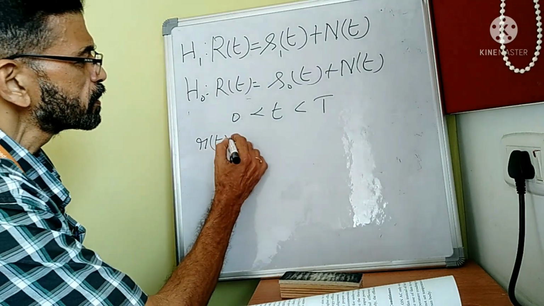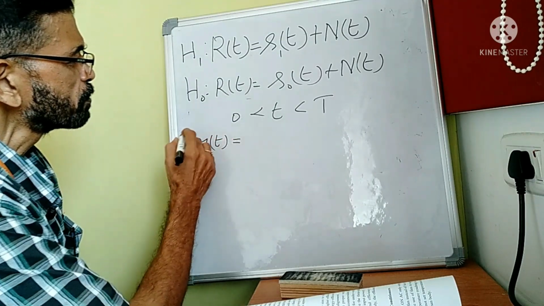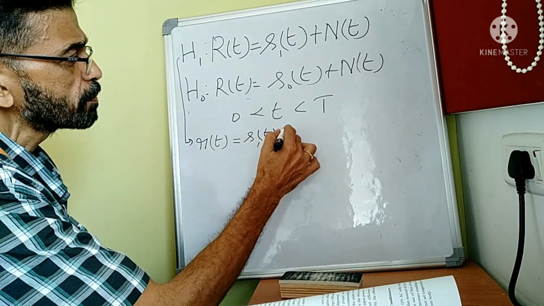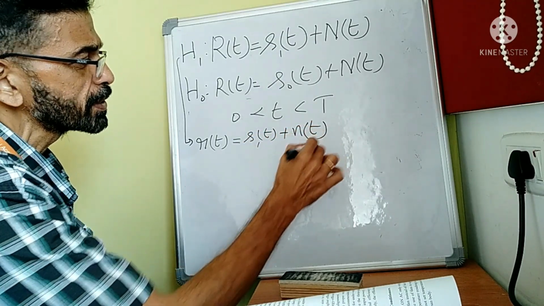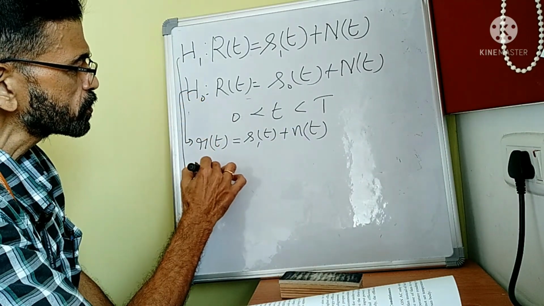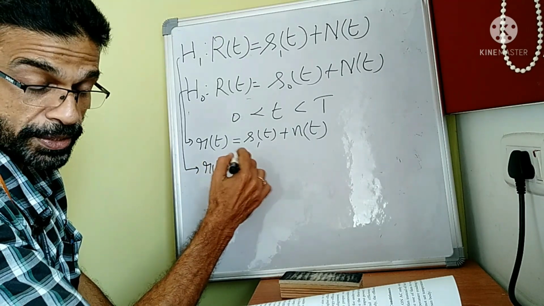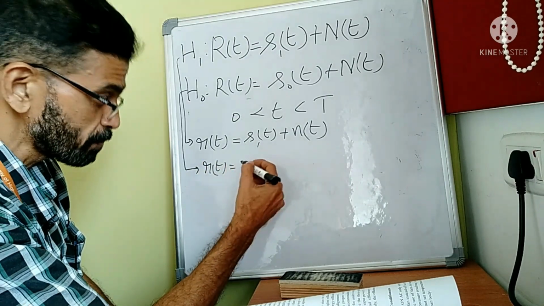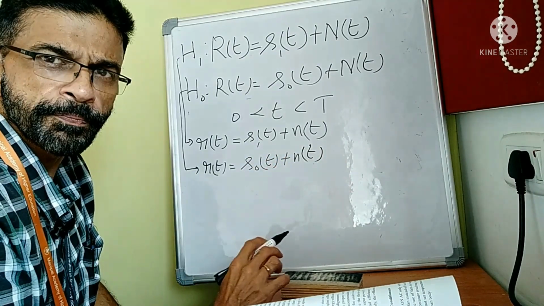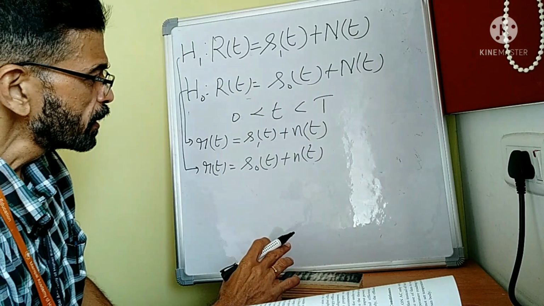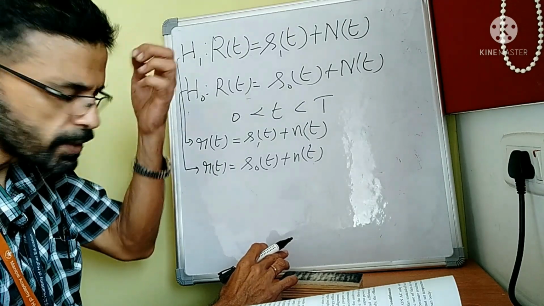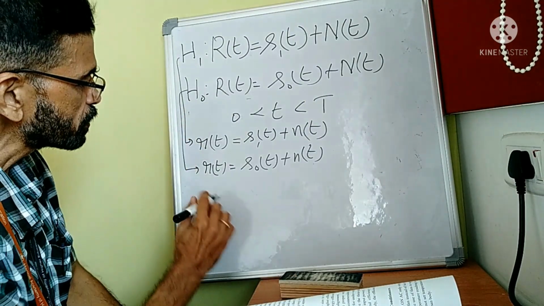And the sample function, a particular realization, will be, of course, when H1 is the hypothesis, S1(t) plus a particular realization of the noise random process. Similarly, when H0 is the true hypothesis, the received sample function can be expressed as S0(t) plus the noise sample function. And again, the observation interval is 0 to T, which now means that by virtue of the series representation which is possible, we can write